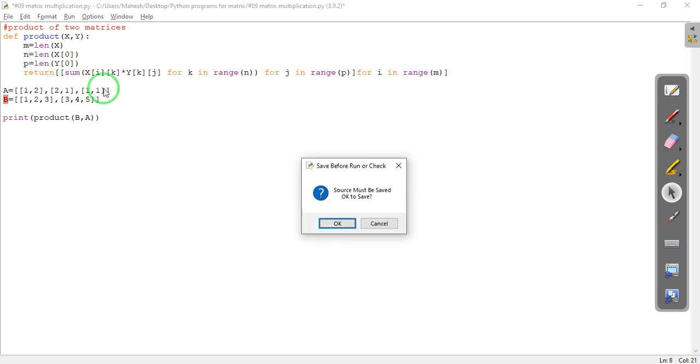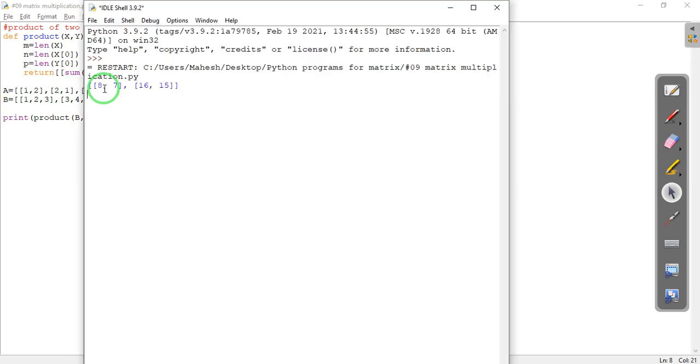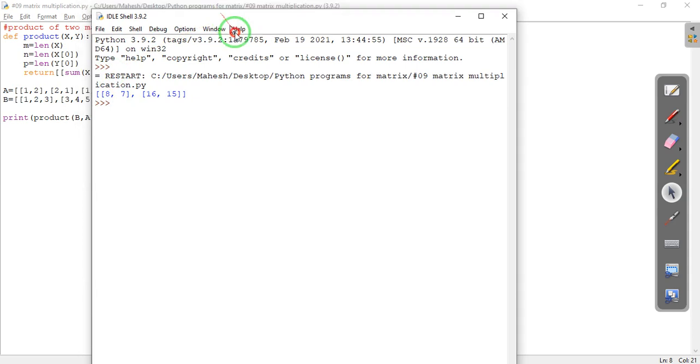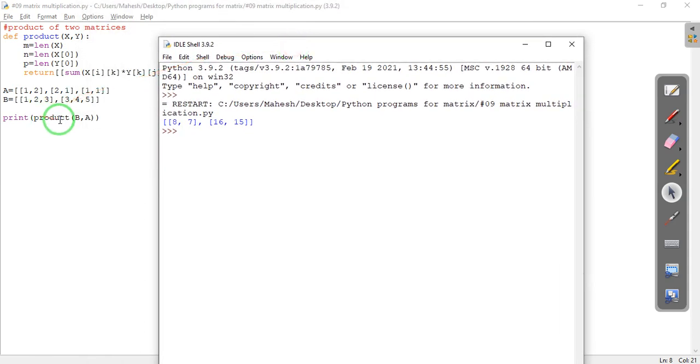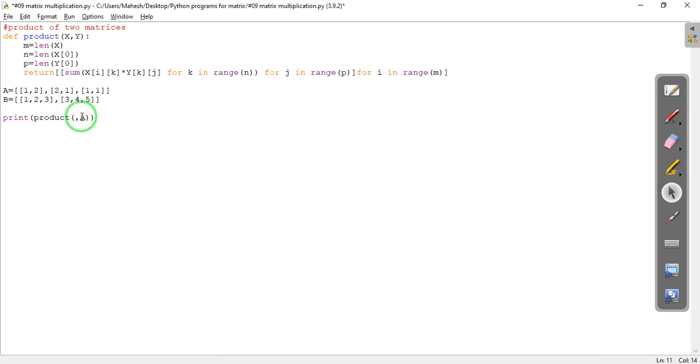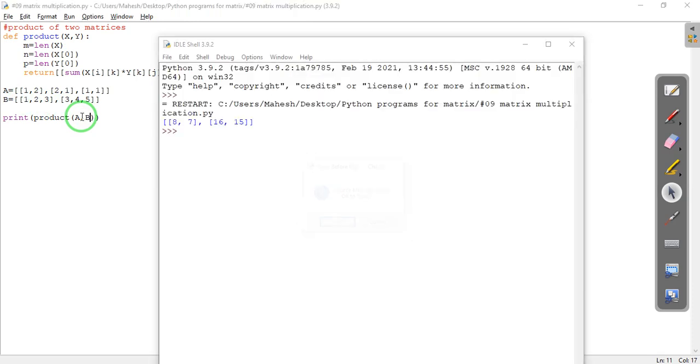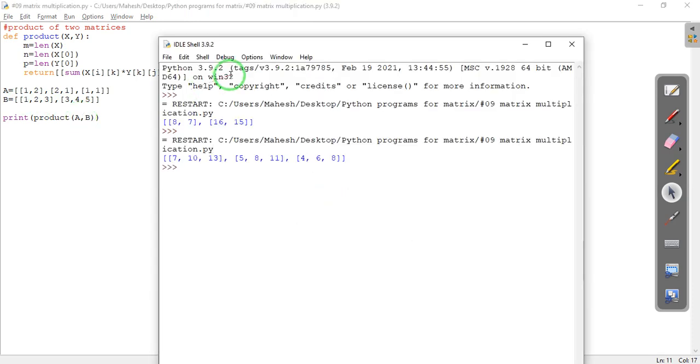Okay, now we will compile. So the resultant is 2 by 2. Correct, it is 2 by 2 because we have taken B first. Let us change this B to A and A to B. Now again we will compile and see what the output is. See here.